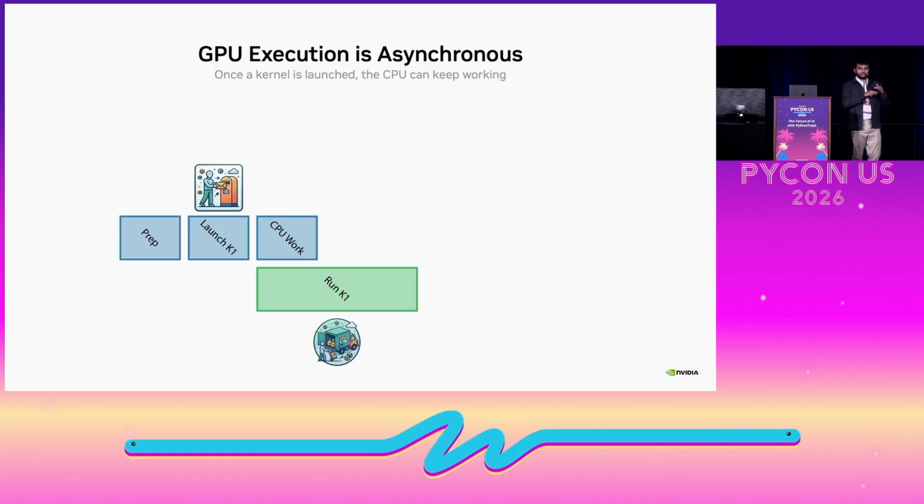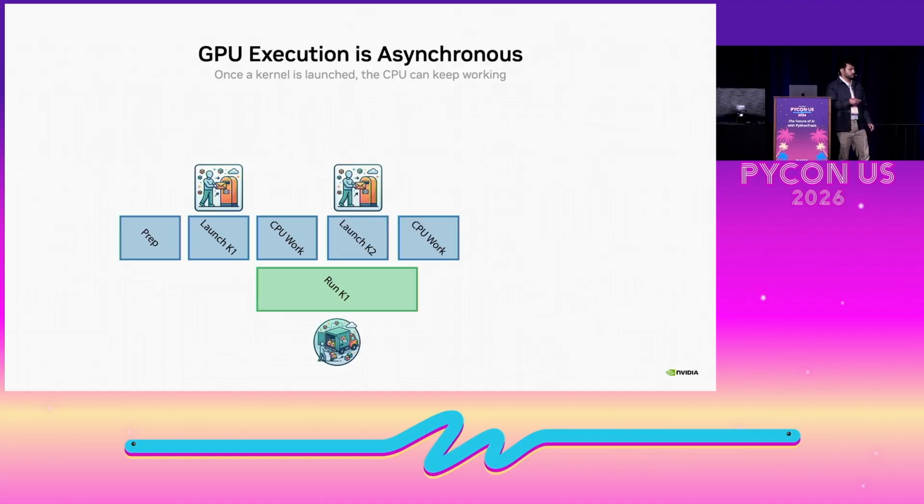These two things are happening completely in parallel, which also means that as soon as you've launched the kernel, you can do other CPU work. One of the many other things you could do is launch yet another kernel. This is key to hiding kernel launch latency: making sure that you're doing all of this work on the CPU while the GPU is busy. Typically for GPU-heavy workloads, the GPU is the workhorse, right? You can't afford to waste cycles on the GPU, and so making sure that your CPU orchestrator is doing its work while the GPU is